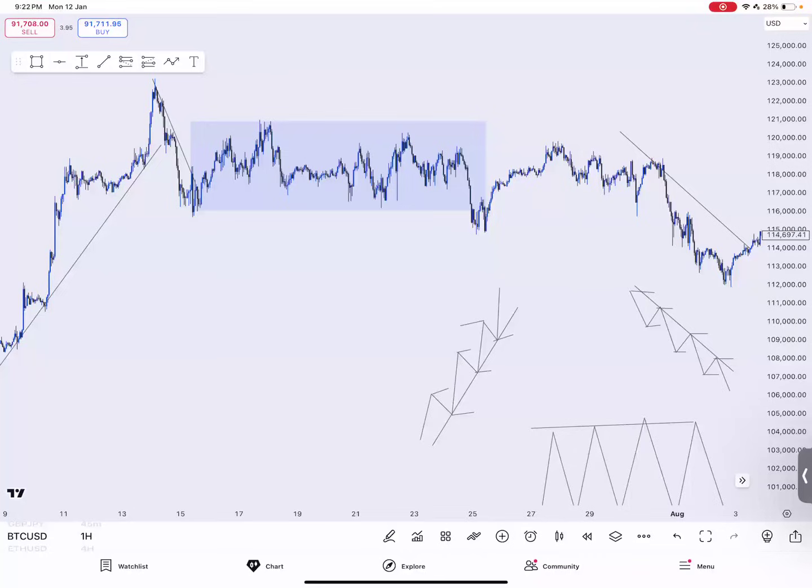What do we actually pay attention to when we're dealing with the structure part of our strategy? There are two concepts that we pay attention to when it comes to the structure part of this strategy. The first one is the concept of